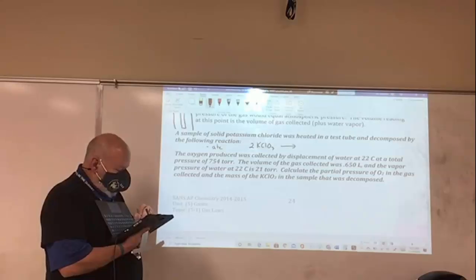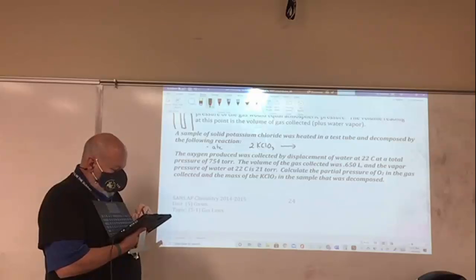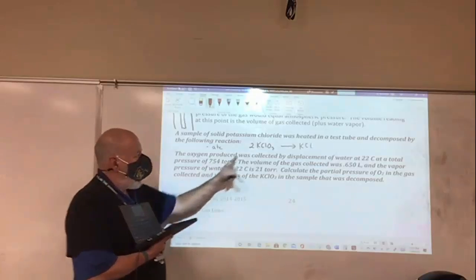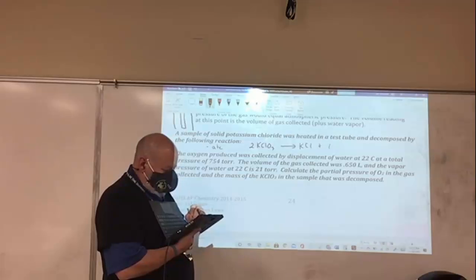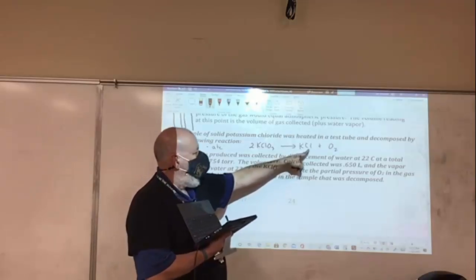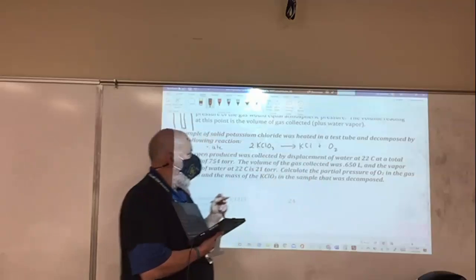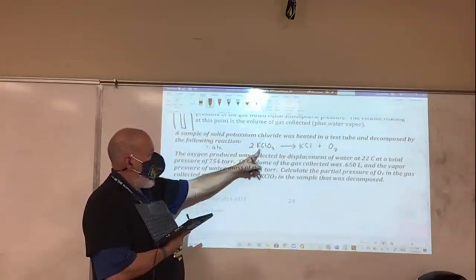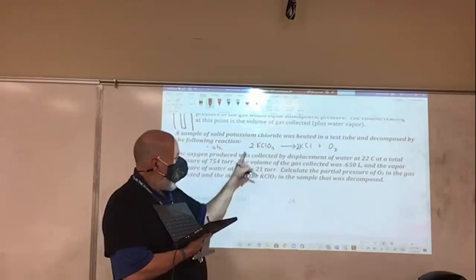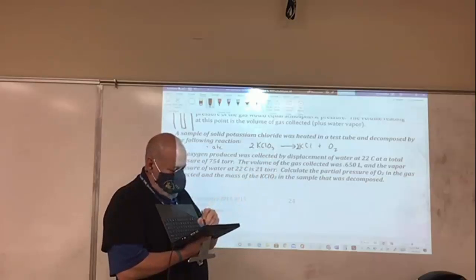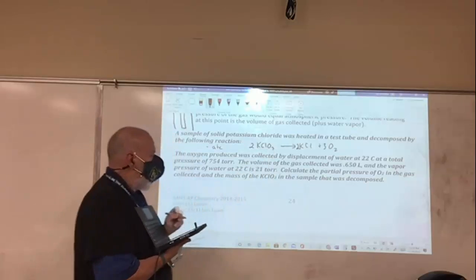And potassium chlorate, chlorates decompose into the chloride, KCl, and oxygen. Okay, they decompose into the chloride and oxygen, but this isn't balanced. I've got 2 KCl, so I can put 2 in front of that. And I've got 6 oxygens here, so I need to put 3 oxygens there. So this is the